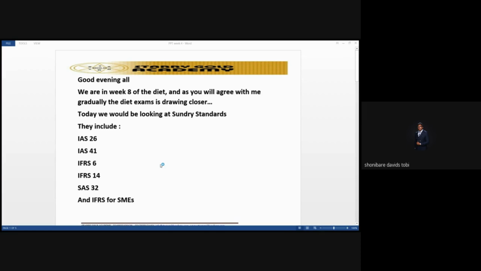Some standards will tell you to recognize it at fair value, but this one is telling you to recognize it at fair value less estimated cost to sell. But there's also an exemption to this, except if the fair value cannot be reliably measured. Are we following at all? So, the gain on initial recognition of biological assets. And definitely when you say you are recognizing at fair value less cost to sell, there will be a gain, right?